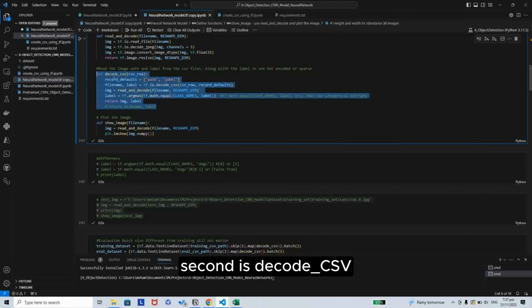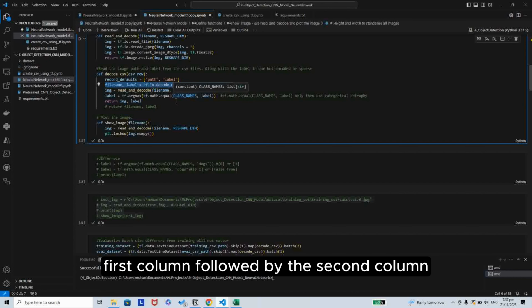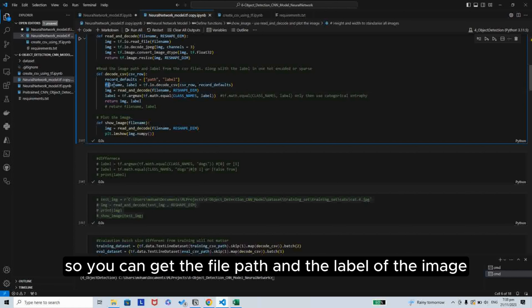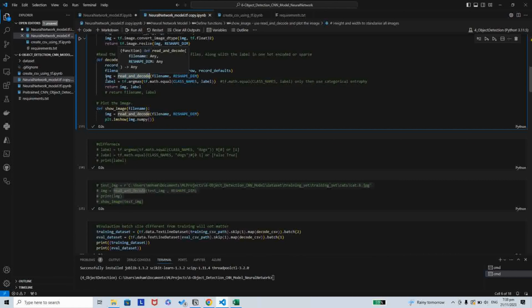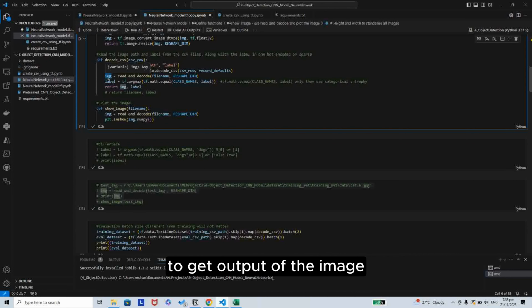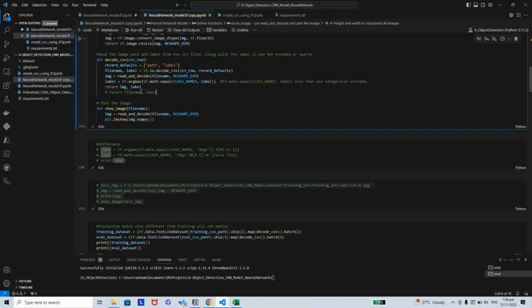Second is decode CSV. This function we'll be using later. First, it will read the CSV first column followed by the second column. So it will get the file path and the label of the image. Next, we'll use read and decode to get the output of the image. This will be the standardized image of 256 by 256. Next, we will get the label